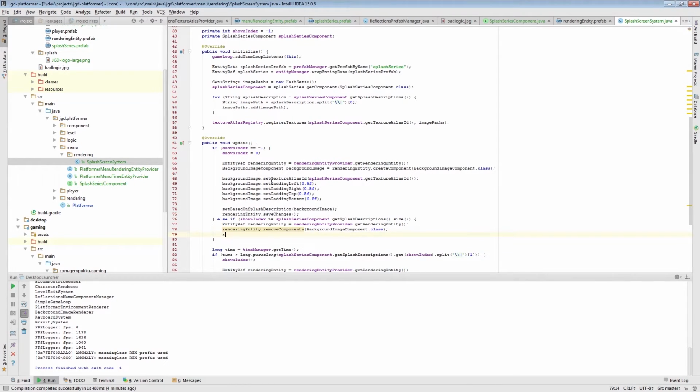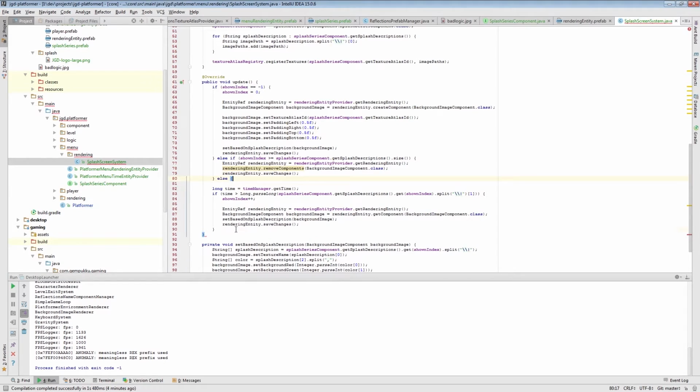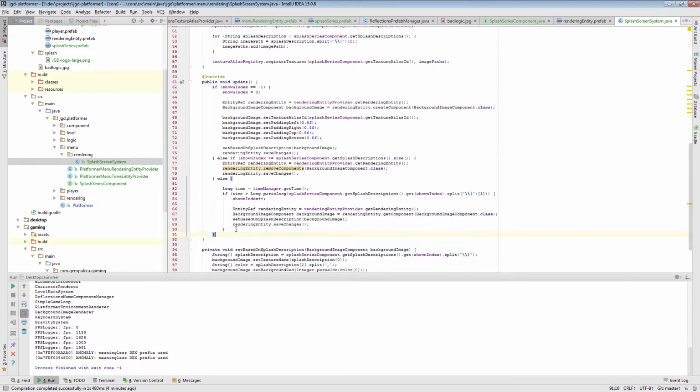So we remove it, rendering entity, save changes. So when we run out of splash screens to show,